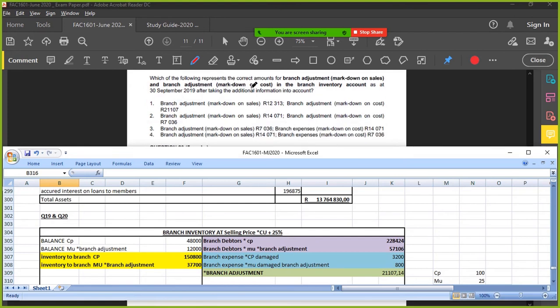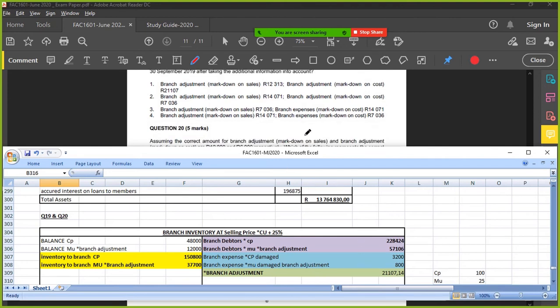Okay, so let's see. Which of the following represents the correct amounts for branch adjustment, markdown on sales, and branch adjustment, markdown on costs in the branch inventory account as at 31st September, after taking the additional information into account? Okay, so we've got 21107, there it is. Branch adjustment, markdown on sales. The markdown on sales. Branch adjustment is the total. The markdown, which would have been,